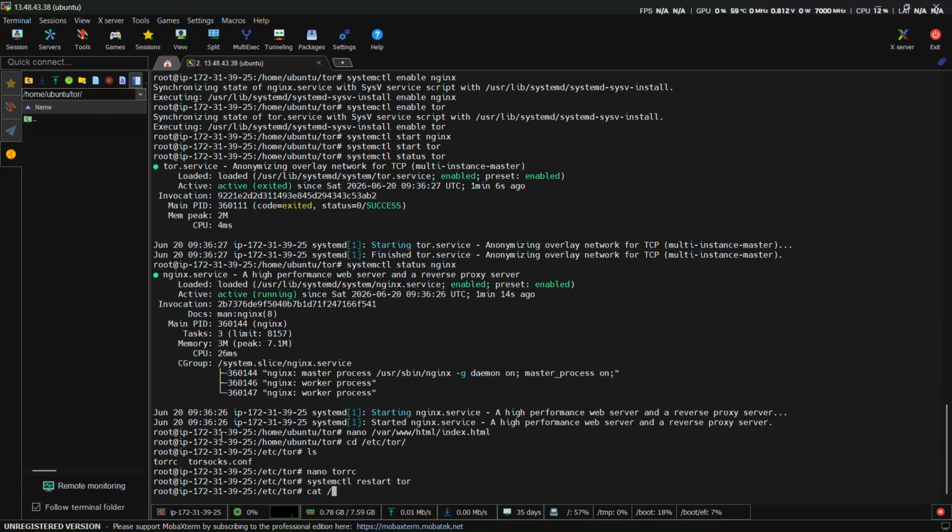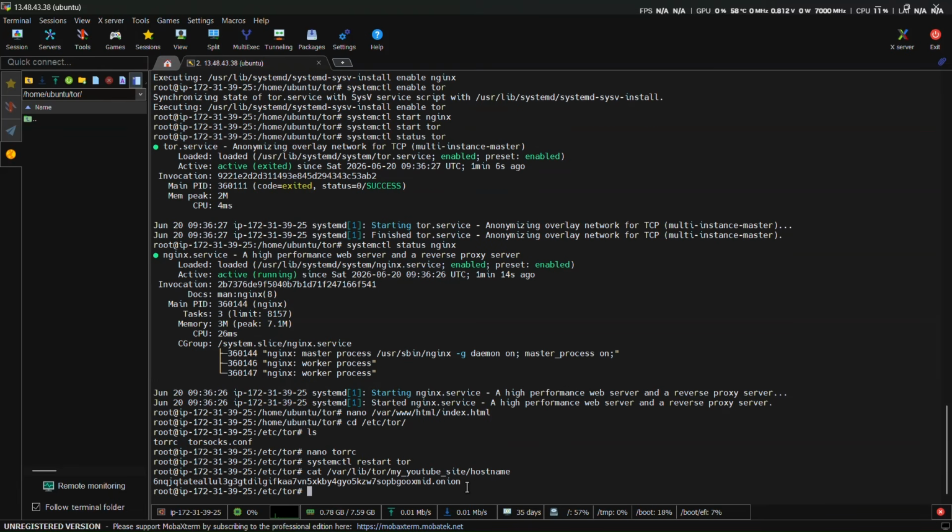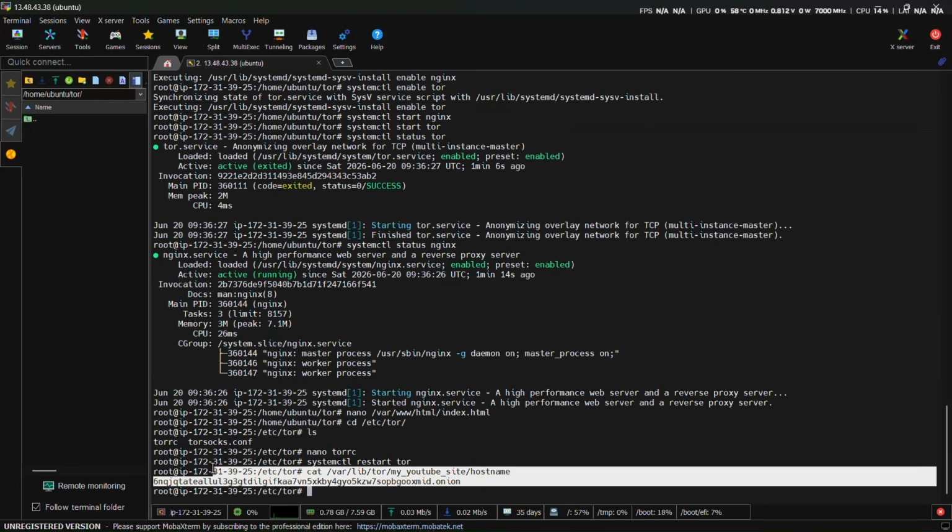Now it's time for the exciting part. Let's get our .onion address and visit the website. To display your Onion service address, run cat /var/lib/tor/my_site/hostname. This command will output your unique .onion URL. Copy the entire address